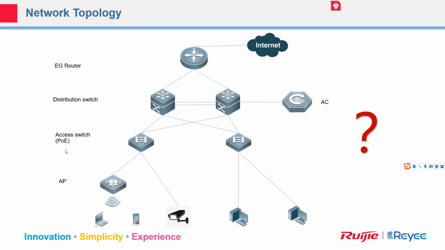For example, the access switch, right? This switch usually directly connects with some terminals, like the computer. We also use it to connect with some wireless devices, like the AP, access point, right? And maybe we also provide power. Sometimes on the access switch, we use the PoE function to provide power for the AP. On this layer, the performance requirement is not so high. Maybe 1 gigabit bandwidth is enough.